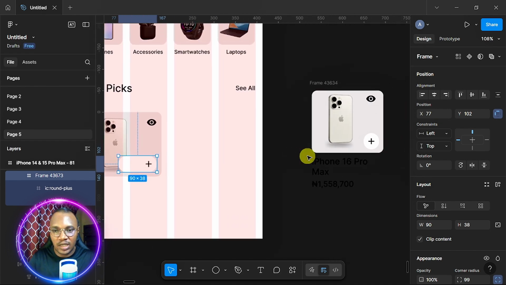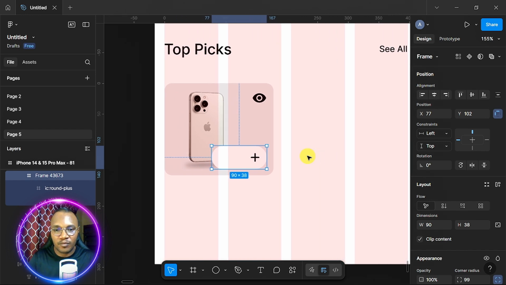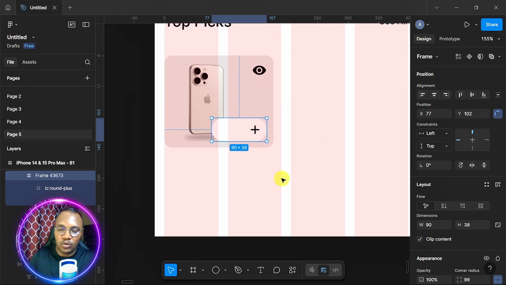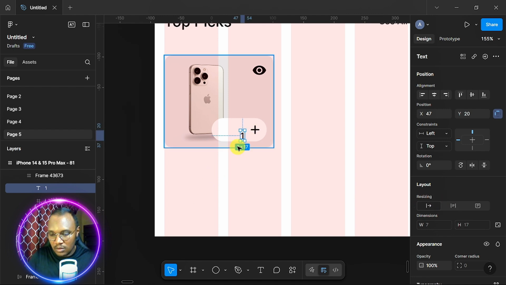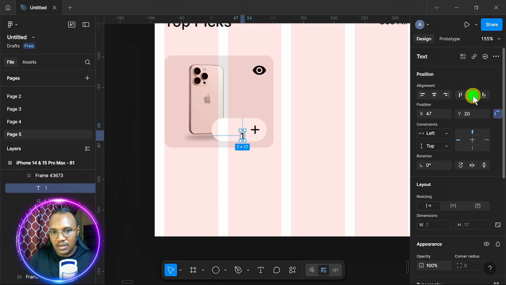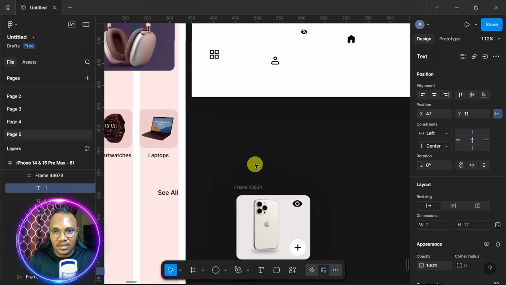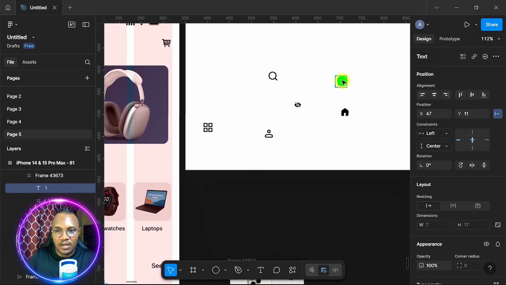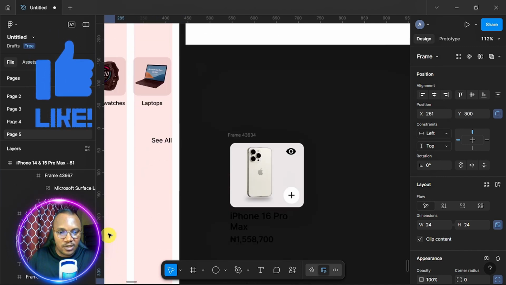So now what next? The next thing I'm going to do is to have my number, meaning when you pick on this item, what number are you going to see? So now click on my text, then I'll come here, click, and I'll say 1. Now I'll just come over here to alignment and I'll center it vertical, right? Then the next thing now I'm going to do is to get my delete icon. I'll come over here, pick my delete icon and drag it inside the frame here,